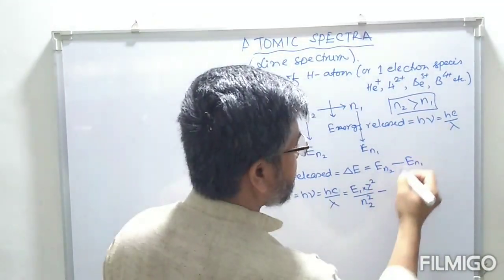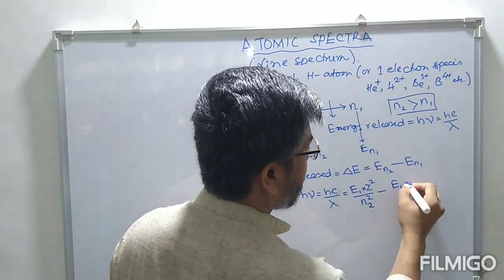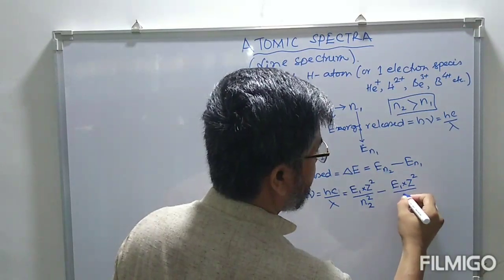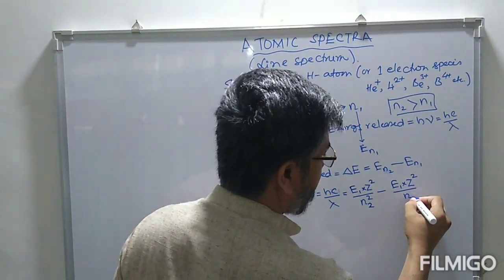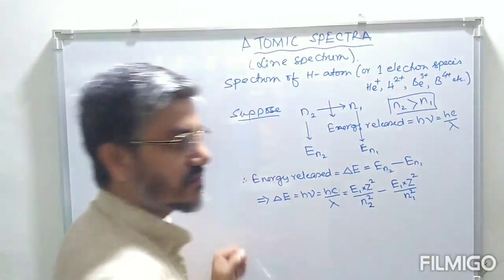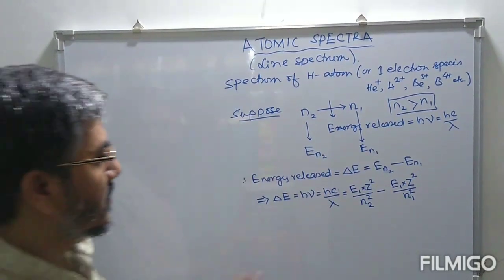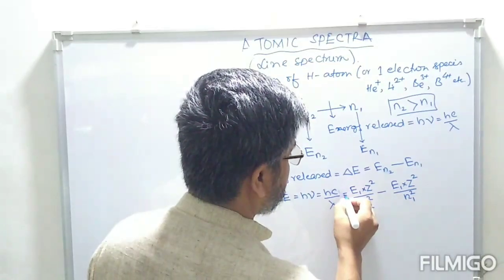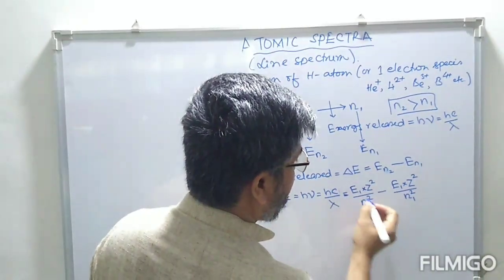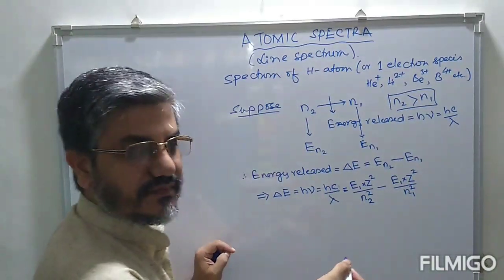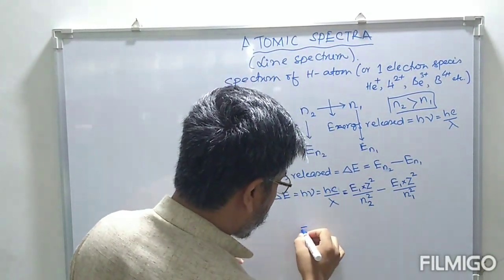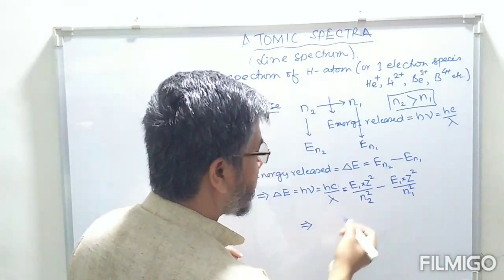Minus E1 del square divided by N1 square. So we have this E1. Now E1 is a negative. So taking this into account, the negative value of E1